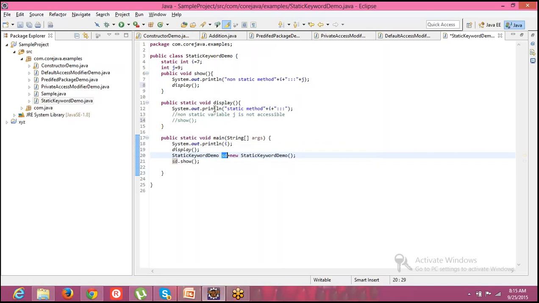But whereas coming to this static method, it is defined by us. We are creating it, and we are trying to access some non-static method inside a static method. If you try to access it directly, it is not possible. But with the help of this object, let's try again. Anyways, this is also in the same class, right? So I just wanted to copy paste these two lines over here. Let's see what would happen.